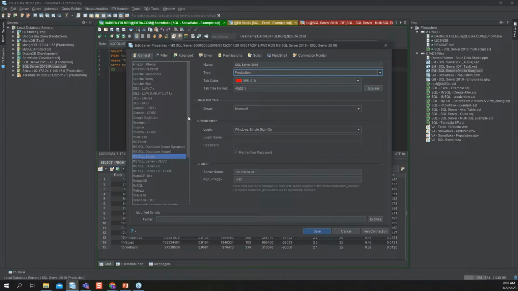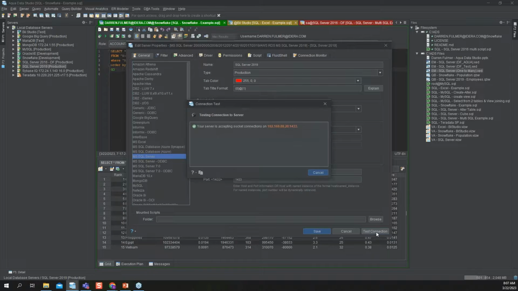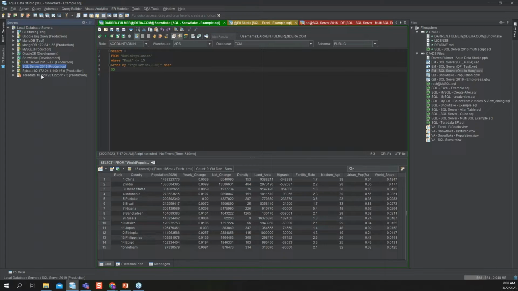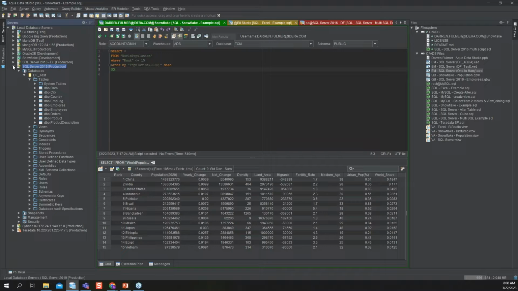So after you've input all of the driver information, authentication, your location, you'll hit test connect. So you're just going to make sure that your connection is working fine. You'll close that, you'll save your connection, and it will appear here now in your server list. So from here, you can build this out however you like. You can, as you can see here, use the drop-down arrows, open up your items within your server, your databases,